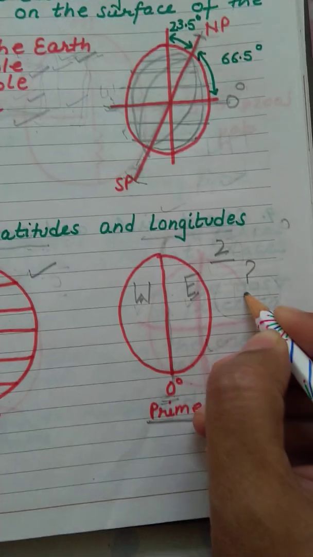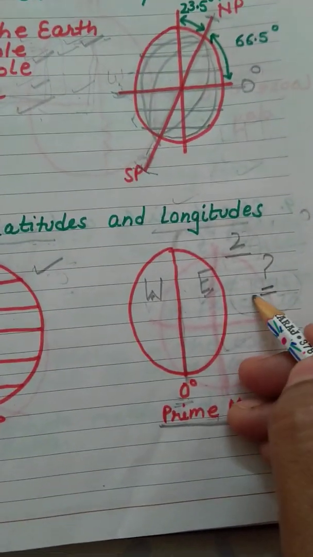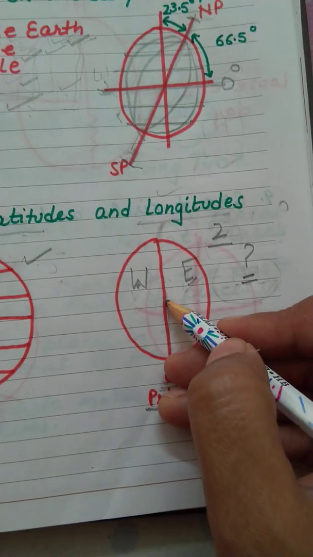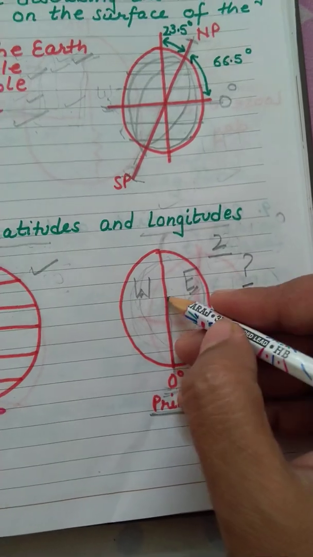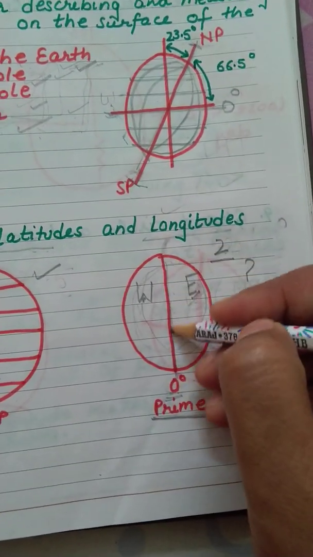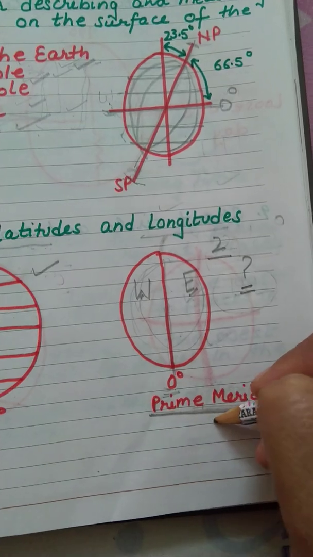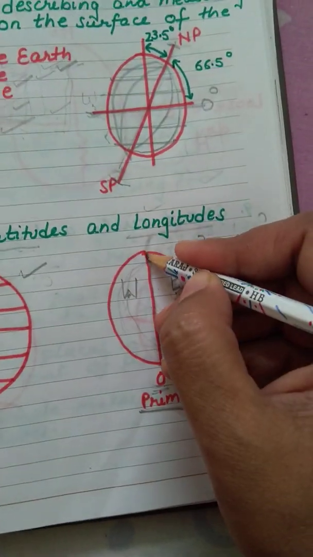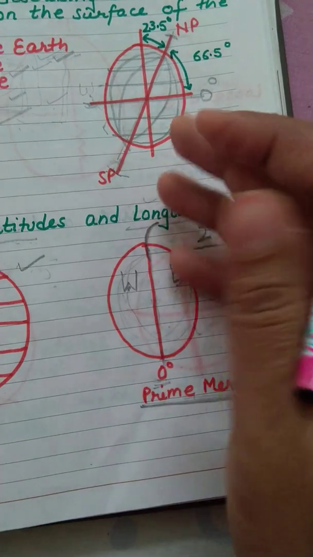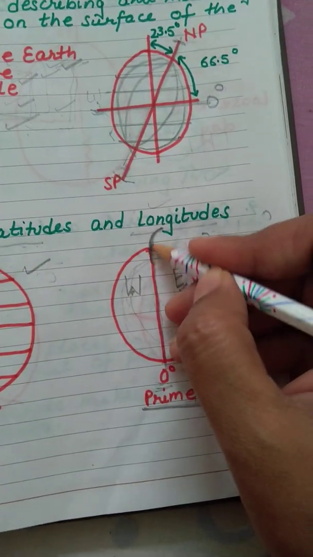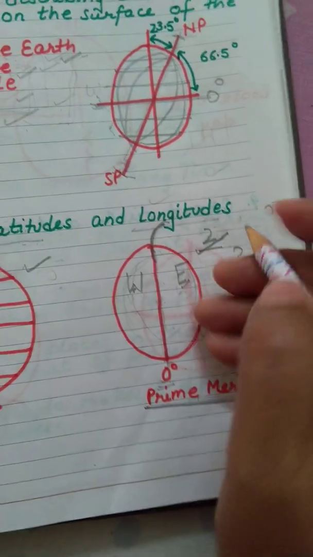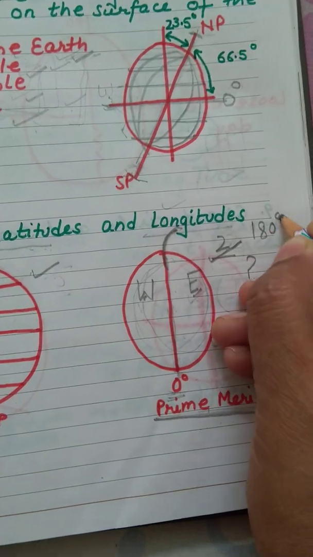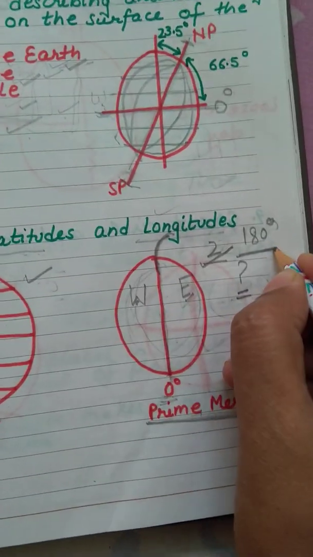Now, which one is the another important longitude? Another important longitude you are not able to see on this part of the globe. As we know, globe is spherical in shape. So if 0 degree prime meridian is visible to you, then on the opposite side, at the back of the globe, at the back of 0 degree, you will find the second important longitude. And this is 180 degree international date line. So let's learn about international date line.